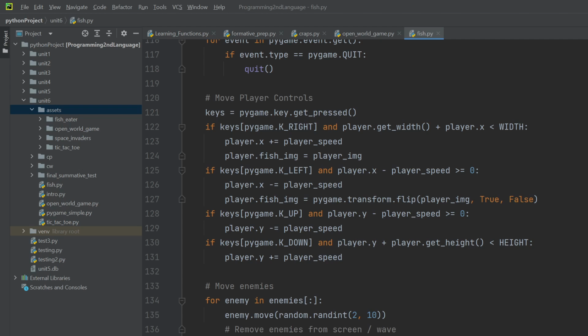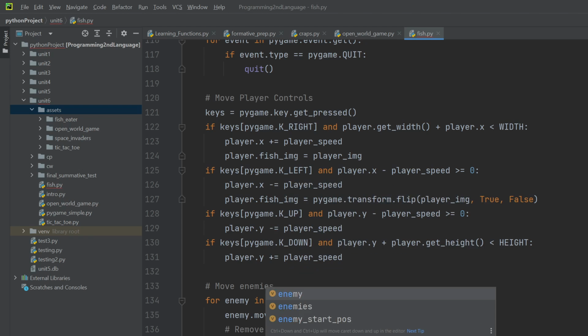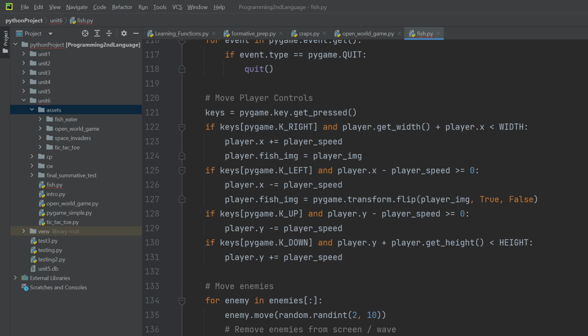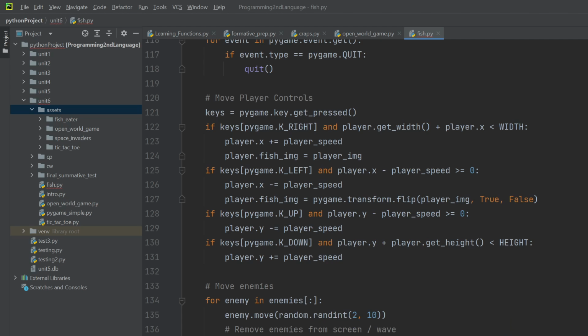we can actually save some time and just check if collide, right, because it returns a Boolean value, if enemy collides with player. Now we need to check if the fish is bigger than enemy fish. So if player.get_width is greater than enemy.get_width,